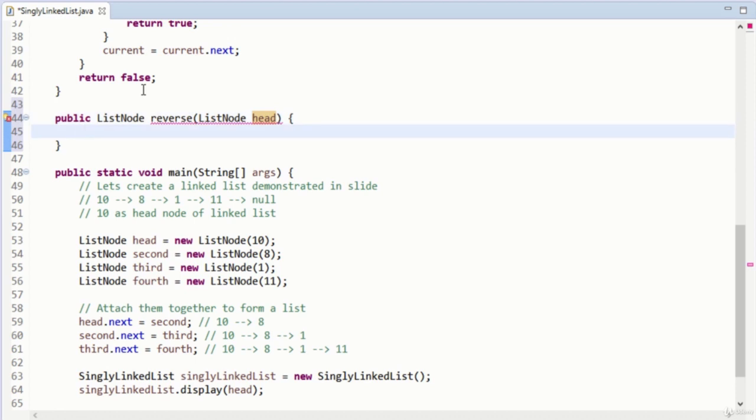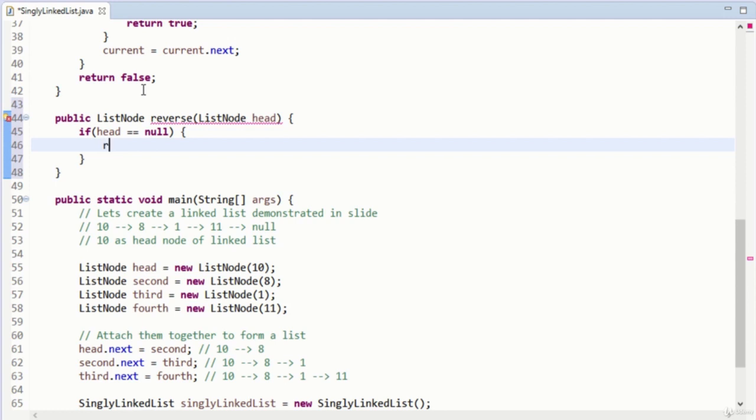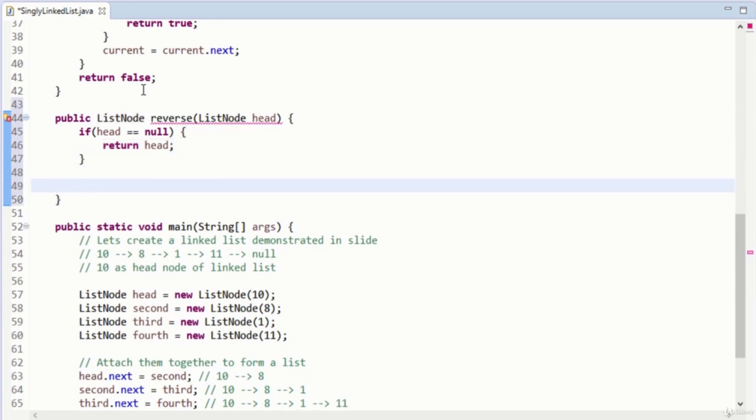Now the first step would be to check whether head points to null. If head equals null, we'll simply return head. And moving ahead, we'll code our algorithm.